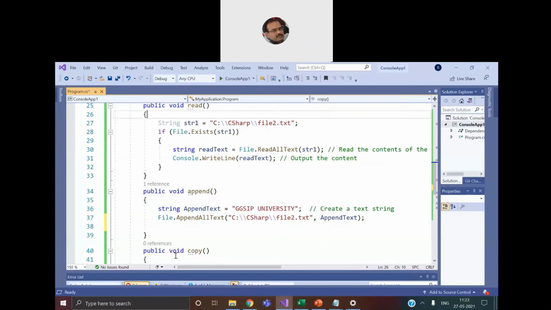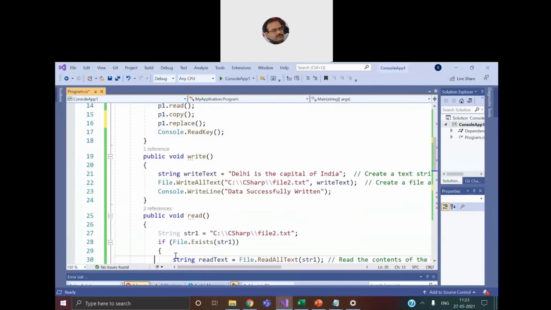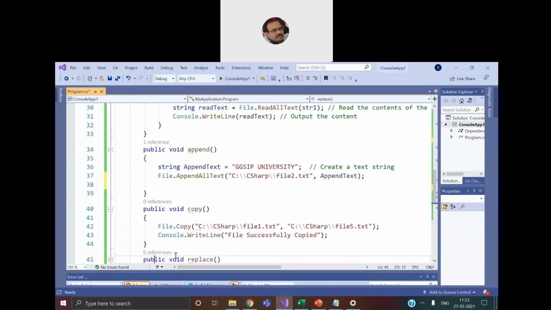Let's discuss one more function, the copy function. And let's also discuss replace, because they are almost similar in their functionality, with added features. Now, public void copy, we make a call to the copy function. So File.Copy, C# folder, file2.txt, we are dealing with file2, and we create a new file.